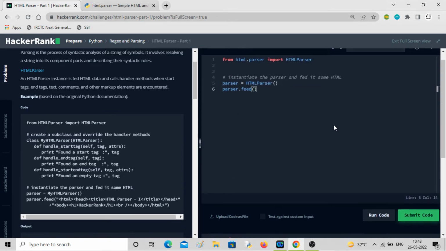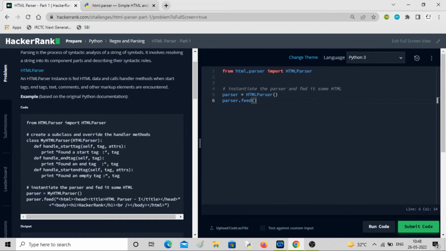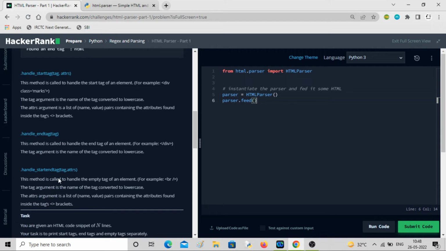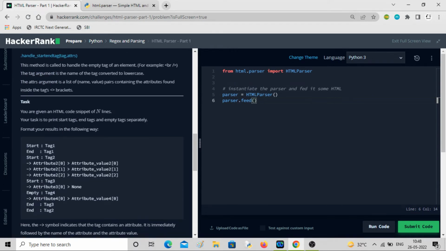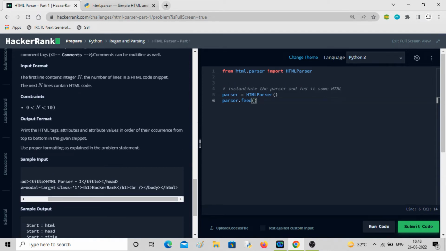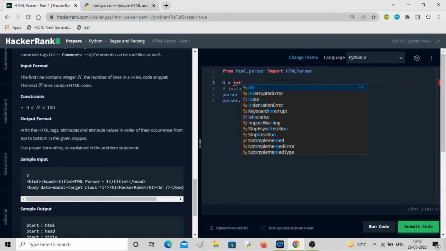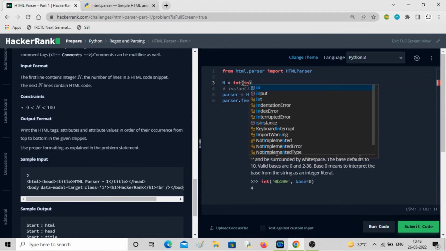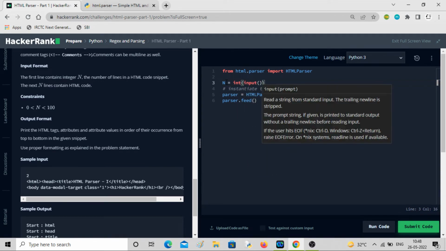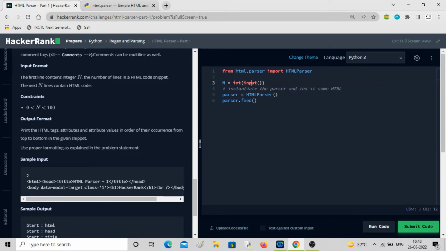So we are not feeding the data, we will feed it. So first we have to take the value of n, I think, right? No, there is no value. Yeah, a value of n is given to us. So capital N I'll write equal to int input, right? So we will get the value of n. Let me put this guy here,